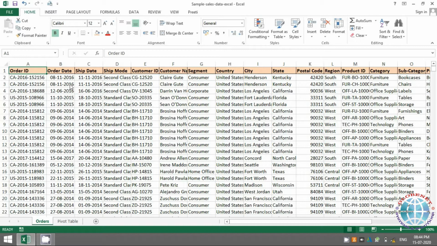So to start with, you should have some data with you. I'm again taking the same data which we had taken in pivot table. Now before we start, let's understand what conditional formatting is and in which scenario you would require it. Conditional formatting is basically to format your data based on certain conditions. Usually you would have seen data wherein you have RAG status, red, amber, green status. All of that is done through conditional formatting.